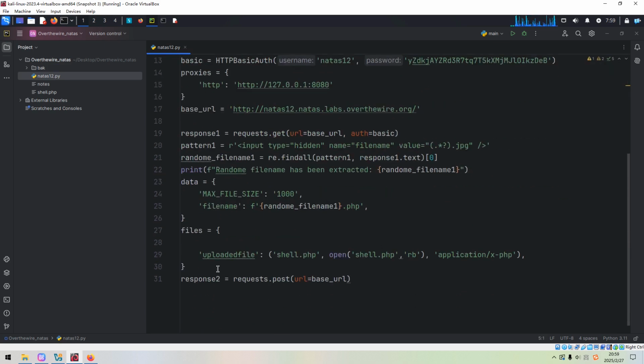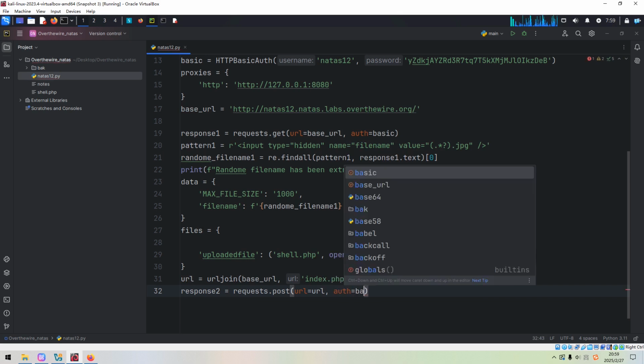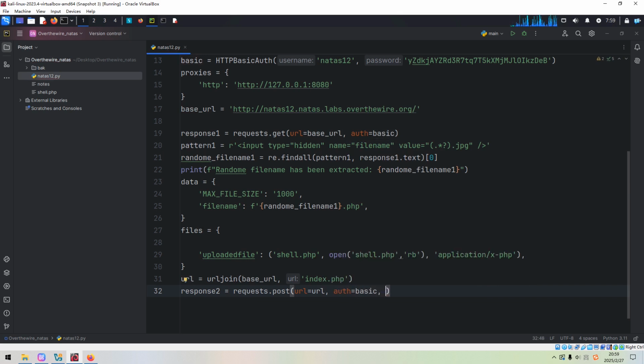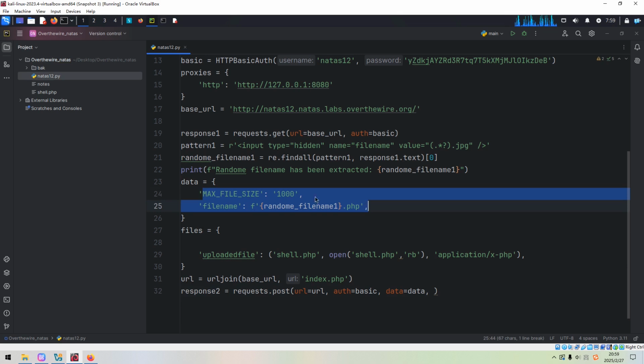The URL should be urljoin of the base URL and index.php, and in this case it is url, and also the authentication argument, basic, and then the data is data. So such information, the key pairs, can be submitted to the application, and also the